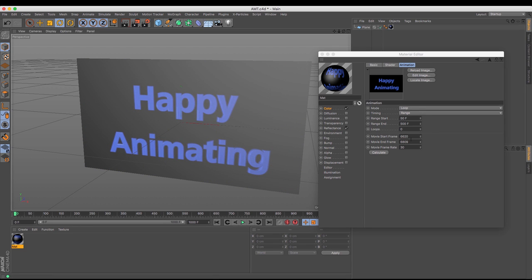So I'm just going to adjust this. Let's get it finishing at 0, 0 because it makes the math easier. I know the difference between the movie start frame and the movie end frame is 180 frames. So if I wanted it to play at the right speed, it starts at 50, and if I just add the 180 to that, giving me my 230 frames, now if I just press play, you can see